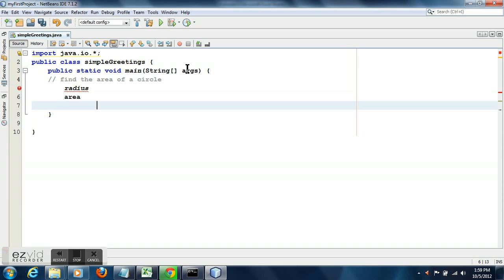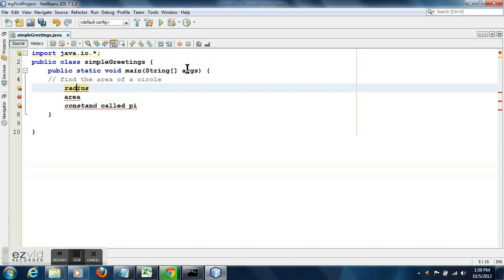A circle is a geometric figure. It has a radius and it has an area. If I know the radius of a circle, I can immediately find the area by a simple formula, that is 3.14 into radius into radius. So radius multiplied twice, multiplied by 3.14, will give me the area of a circle.